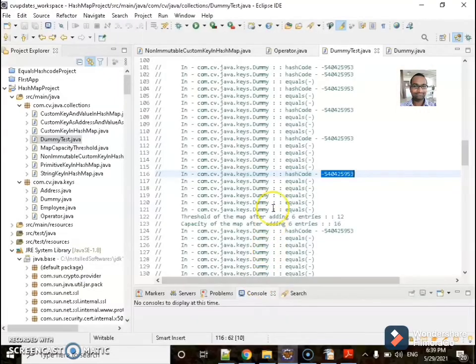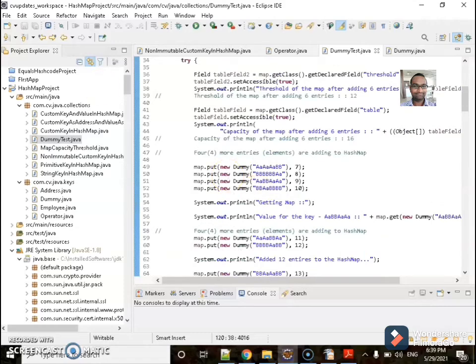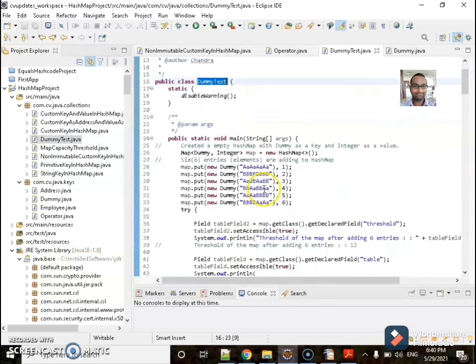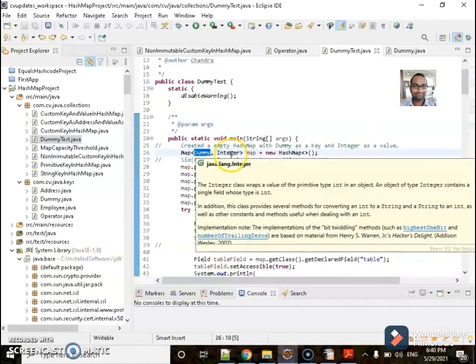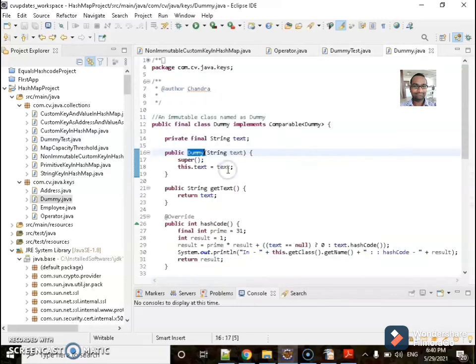So let's see an example of the compareTo method and its implementation. I have written a class called DummyTest. In that I have created an empty hash map with a key as Dummy and value as an integer. Let's see what is inside the Dummy.